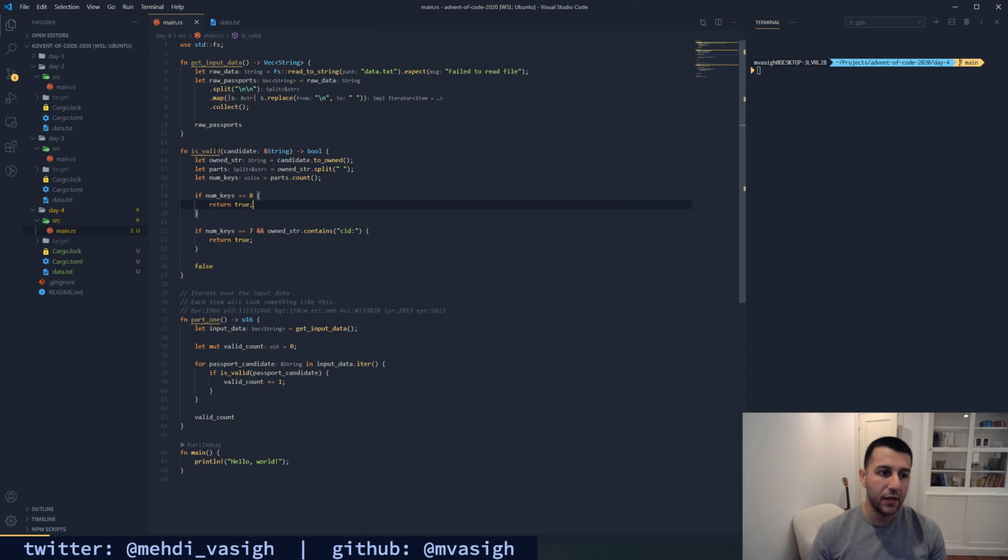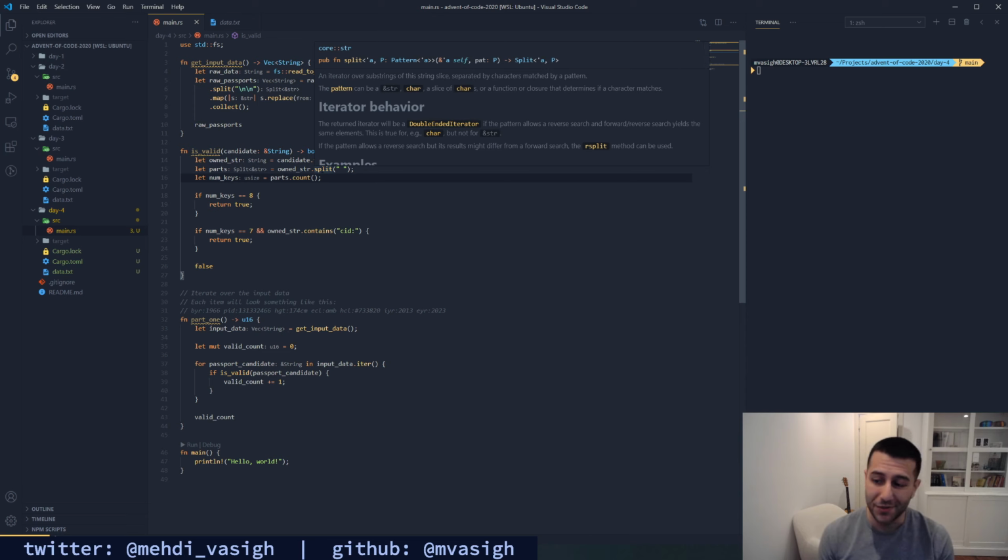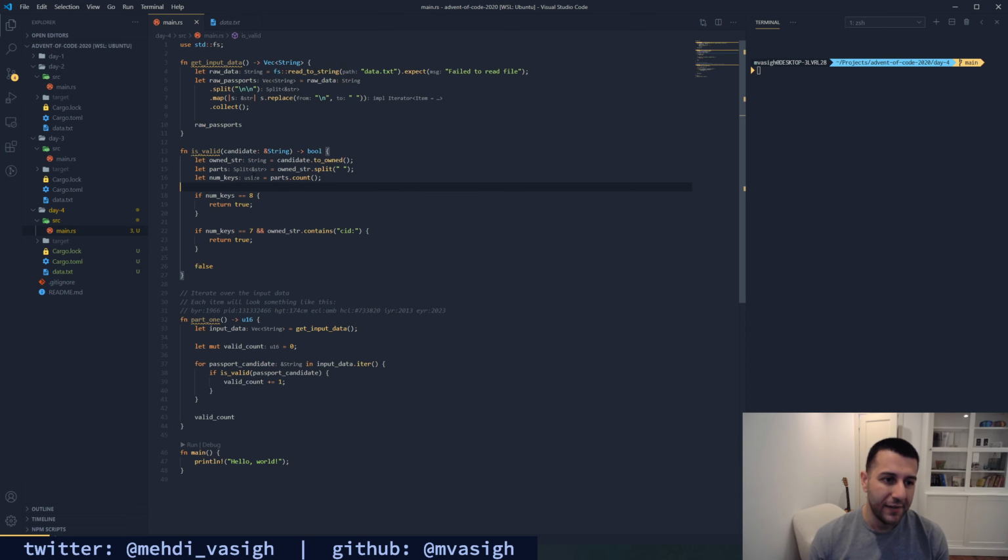So let's look at this logically. We're splitting our string. The only reason we split this right now, I'm anticipating more in part 2, is to get a count of key value pairs by making this split type, which is delimited by spaces. And num keys is just going to walk that list and give us a count. We probably don't need to do this. Honestly, this entire challenge would have been so much easier with regular expressions, but I'm trying not to bring in an external crate, and to learn more about Rust rather than rely on a meta language that isn't Rust.